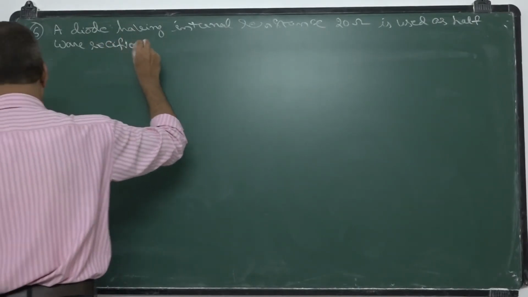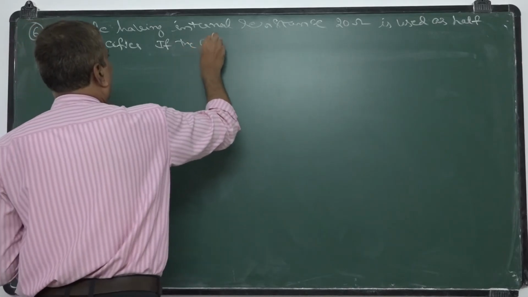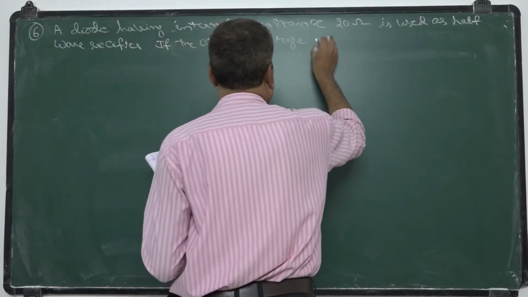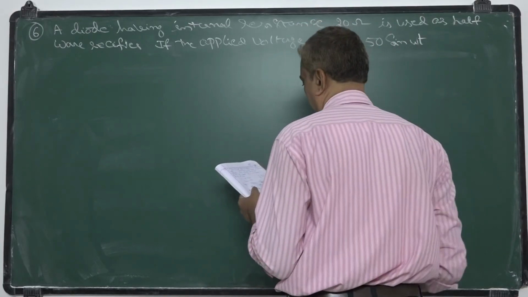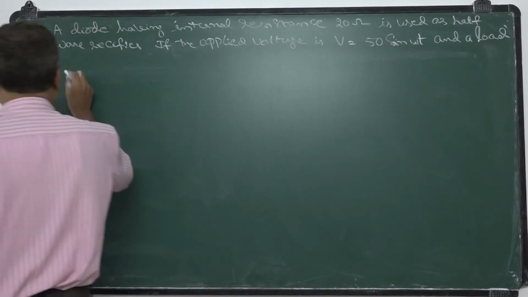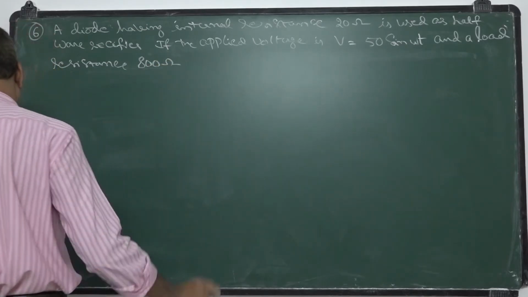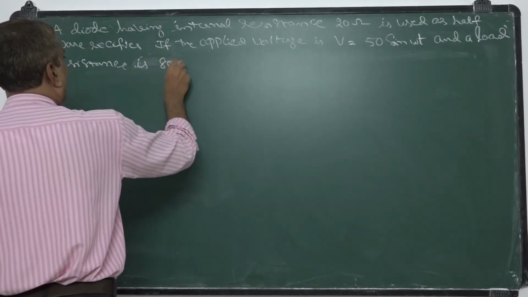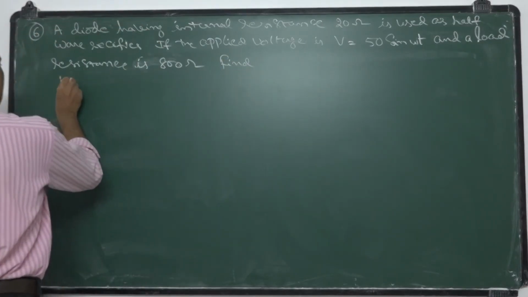If the applied voltage is V equal to 50 sin omega t and a load resistance is 800 ohm. Find: